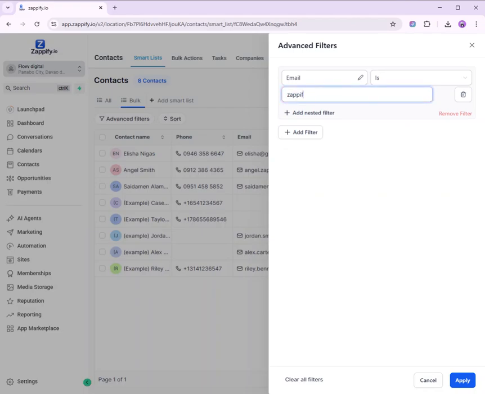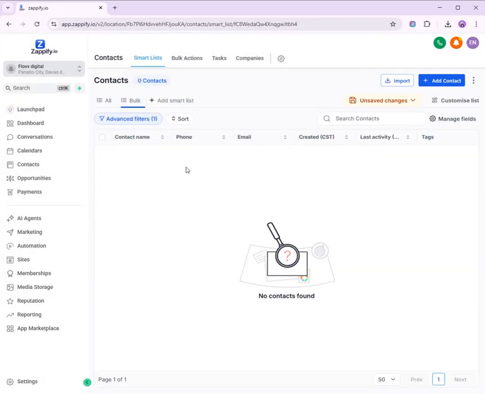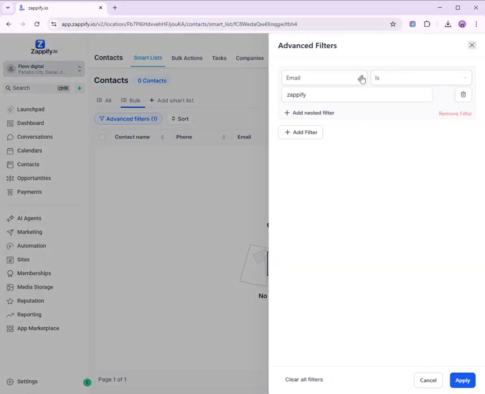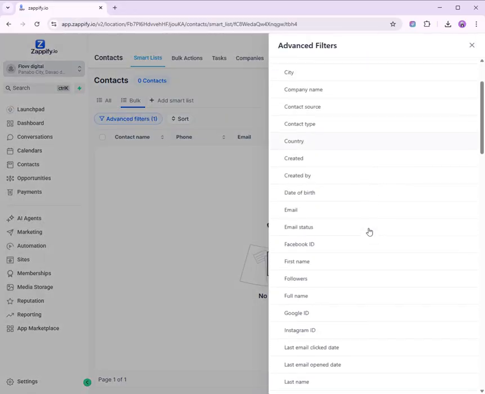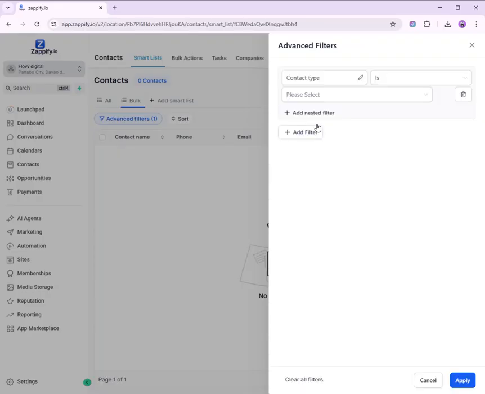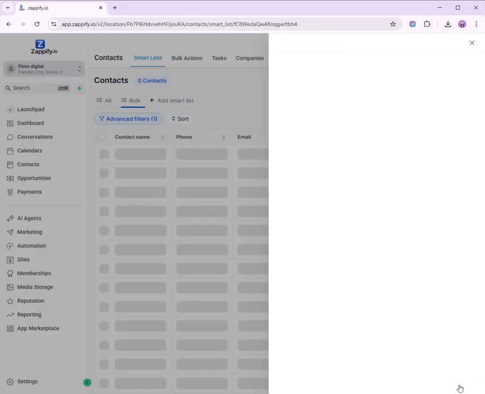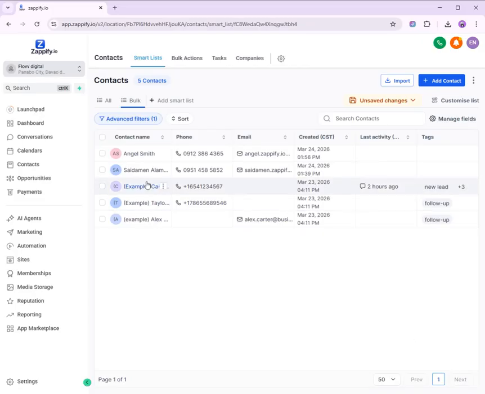For example, or their contact type. So here, the filter is by their contact type. So that's all for how to add, import, and manage contacts inside your Zapify IO sub-account.